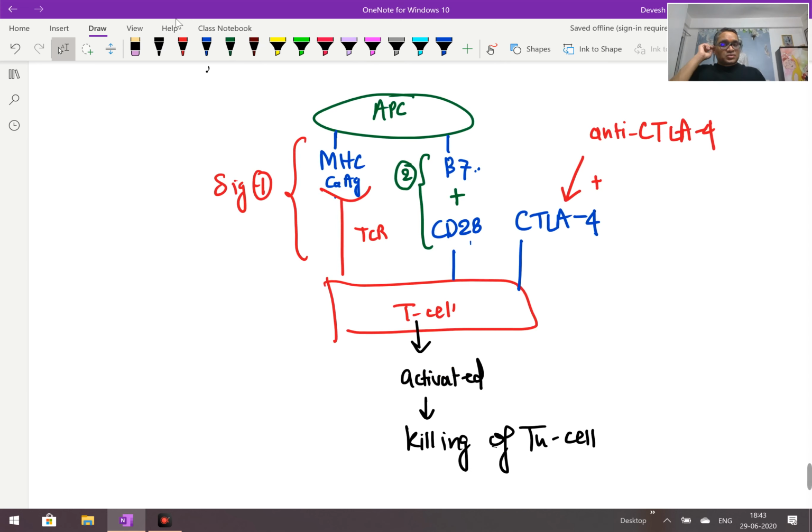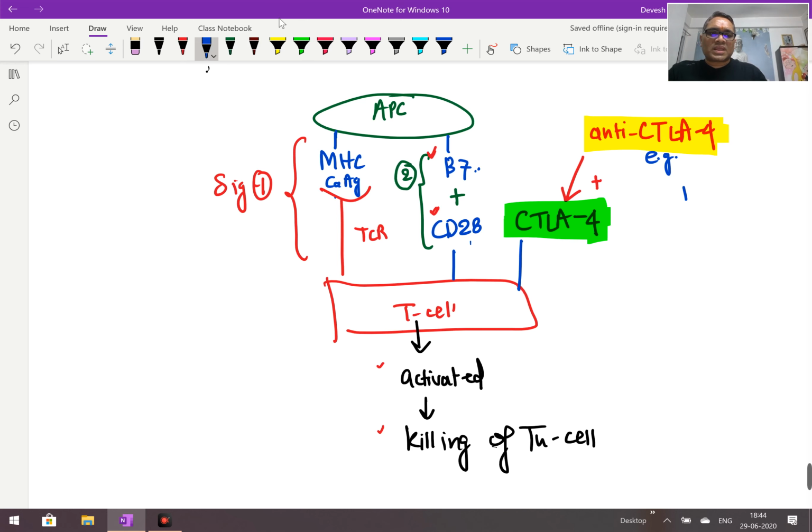So now you understood. This is the Nobel Prize winning concept which they discovered, that if we prepare anti-CTLA4 antibody and it combines with the CTLA4 negative immune regulator of the T cell, then CD28 will become free. Then you can see, as I'm showing you here, CD28 is free to combine with B7, and the co-stimulatory signal is completed, the T cell is activated. Once the T cell is activated, it can kill the tumor cell. So anti-CTLA4, this is an example I am showing you. This is the drug you can remember, that is called ipilimumab.